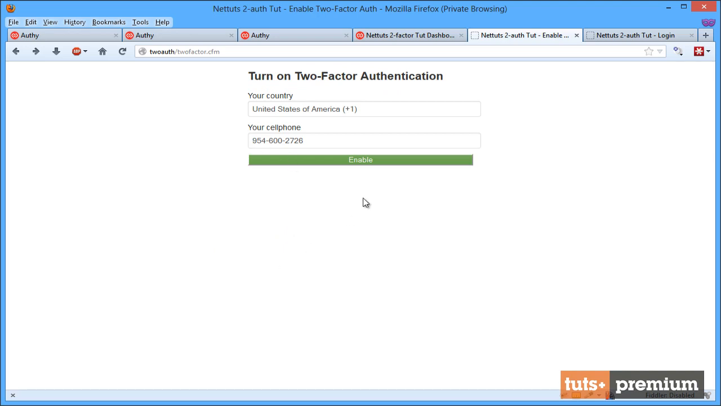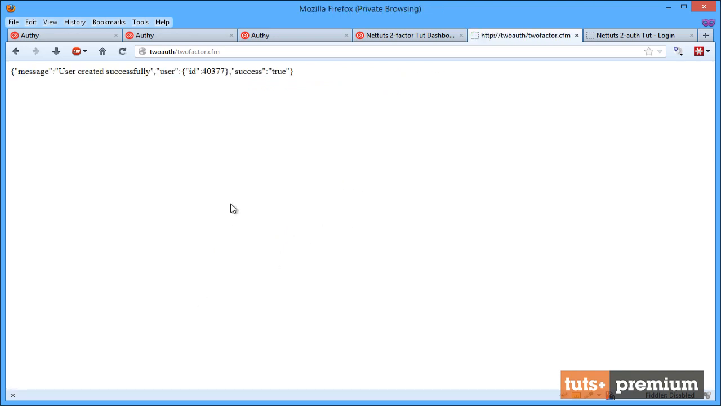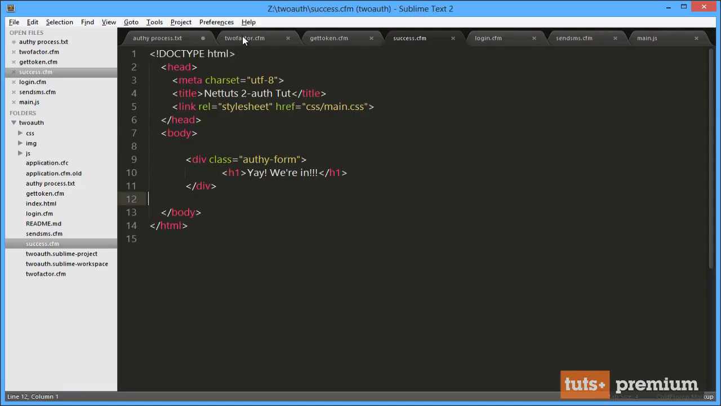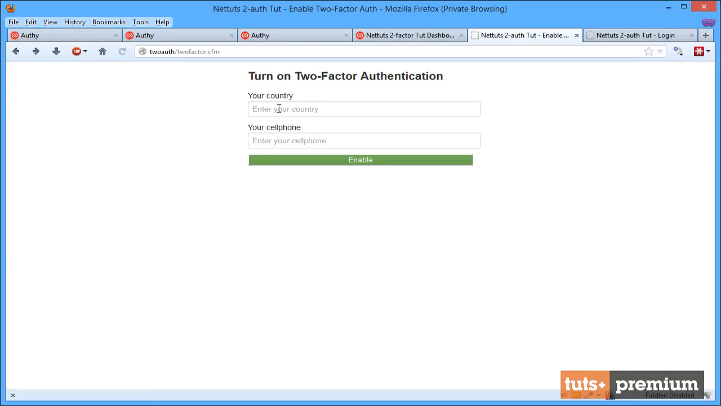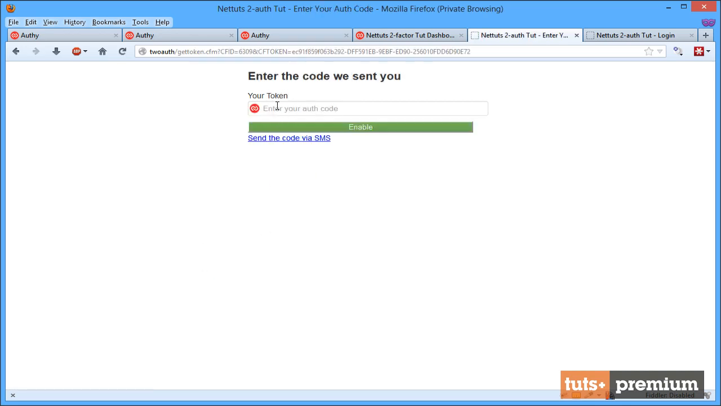So I specify my cell phone number, and I click Enable. Oh, sorry. Let me do one bit of code change here because I forgot to do one thing. Let's go ahead and comment this out. Sorry, guys. Okay, I'll comment that out, and I'll refresh the page. I'll select my country, and now I click Enable, and notice that it's prompting me now